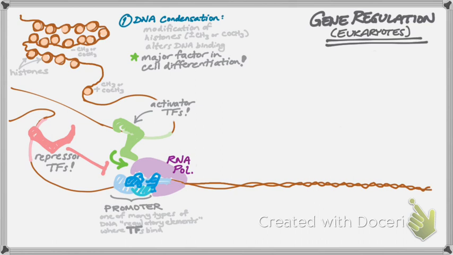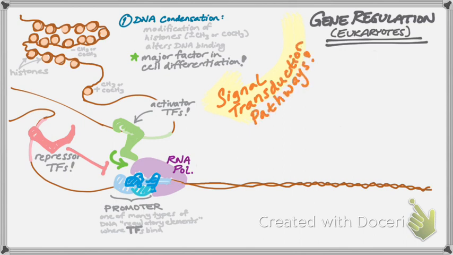The other much more important level of detail to think about is going back to previous units. Remember that transcription factors are regulated, turned on and off, activated, inactivated by signal transduction pathways. So just remember what we're talking about here is which genes are available might determine what cell type you are, but your behavior on a moment-to-moment basis, for example, whether a muscle cell is contracting or not, whether a hormone-producing cell is releasing hormones or not, whether a digestive cell is releasing digestive enzymes or not, that's all determined by,